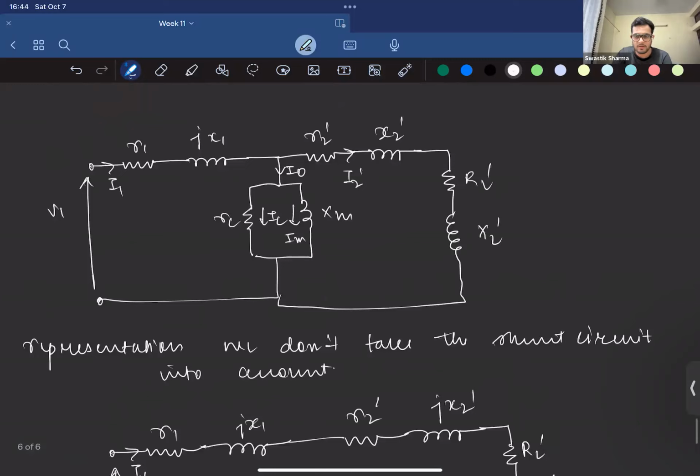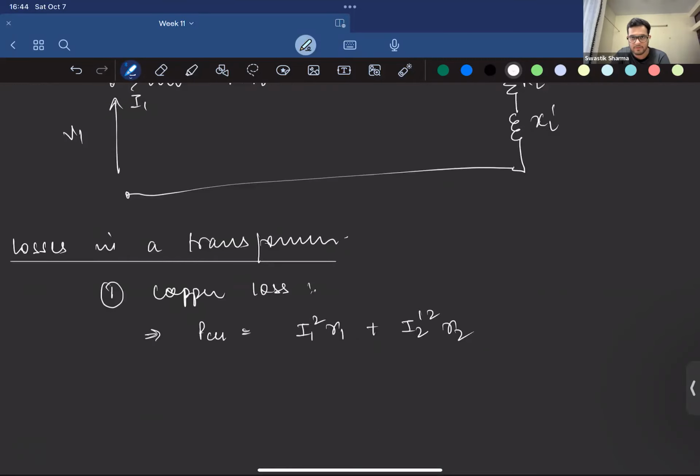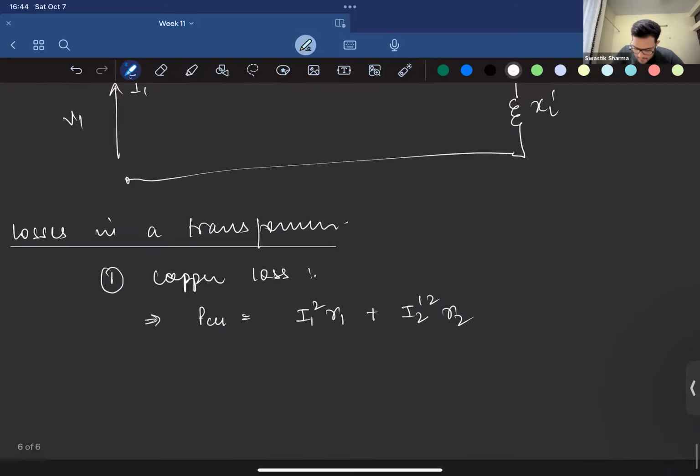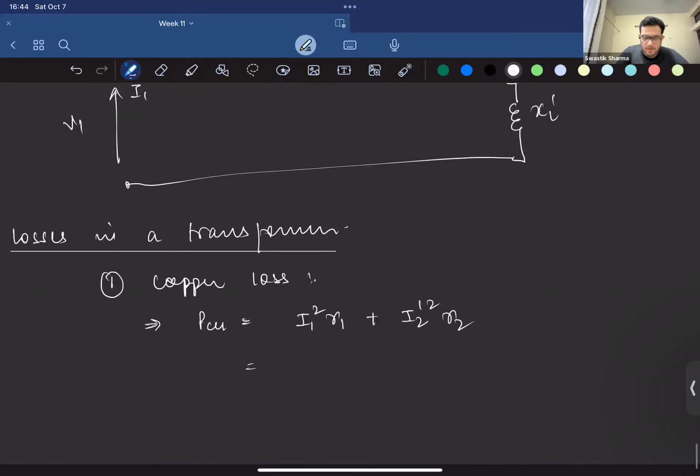This is how the copper losses will look like. So let's say that